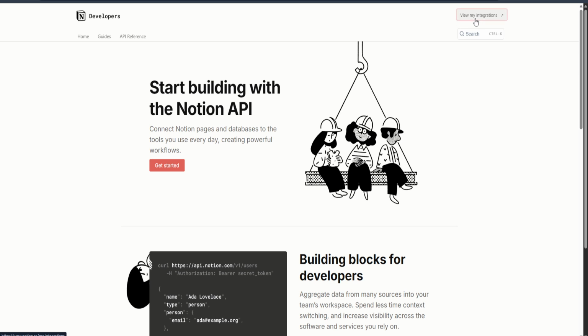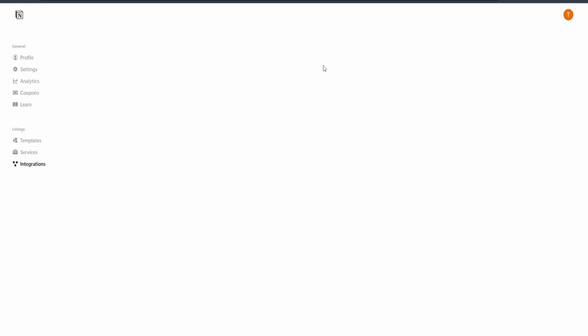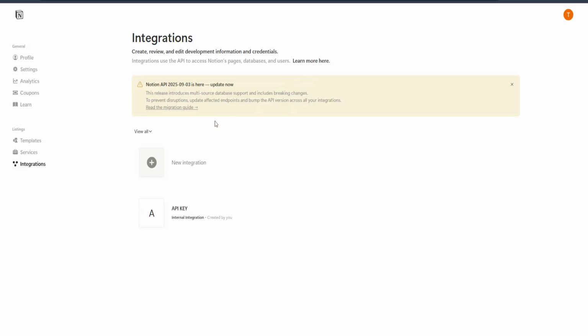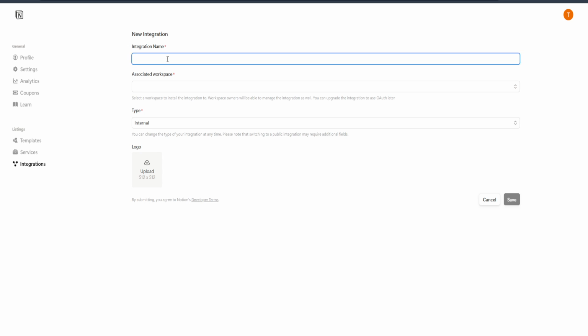Once you're on the Notion API page, you'll see a variety of options. Find and click on the View My Integrations button. This will navigate you to a page listing all your current integrations and is an essential step to accessing or creating your API key. On the integration page, look for the option labeled Plus New Integration. By clicking here, you're going to create a new integration that will provide you with the API key you need. It's a straightforward step, but remember,